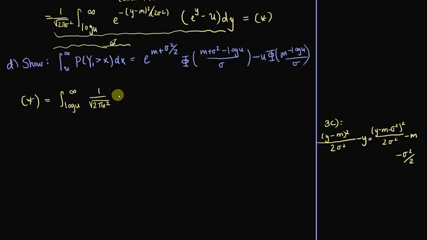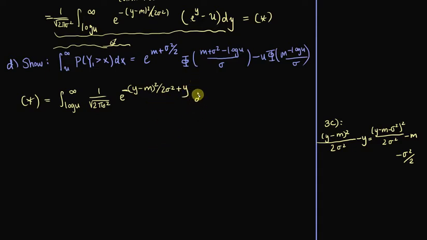And then we have e to the minus y minus m squared divided by 2 sigma squared. And then you have e to the y here, so plus y, and